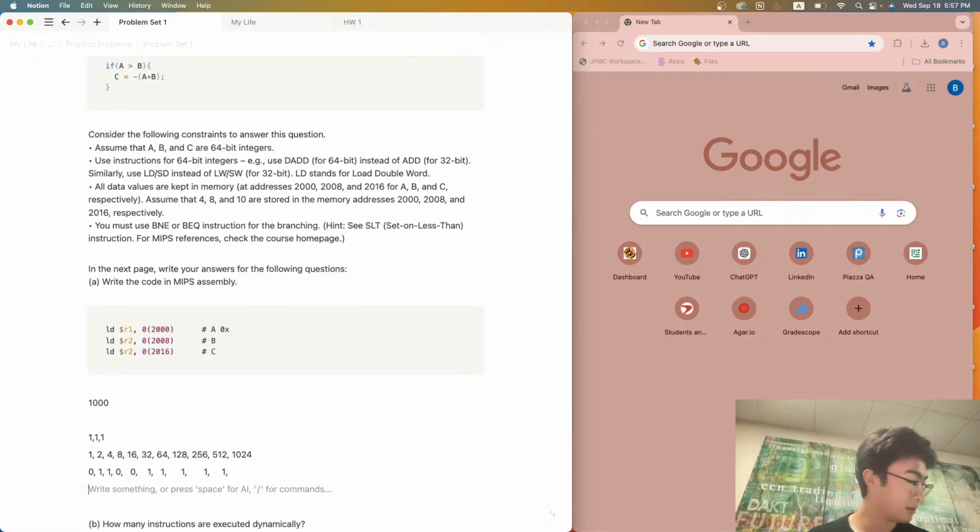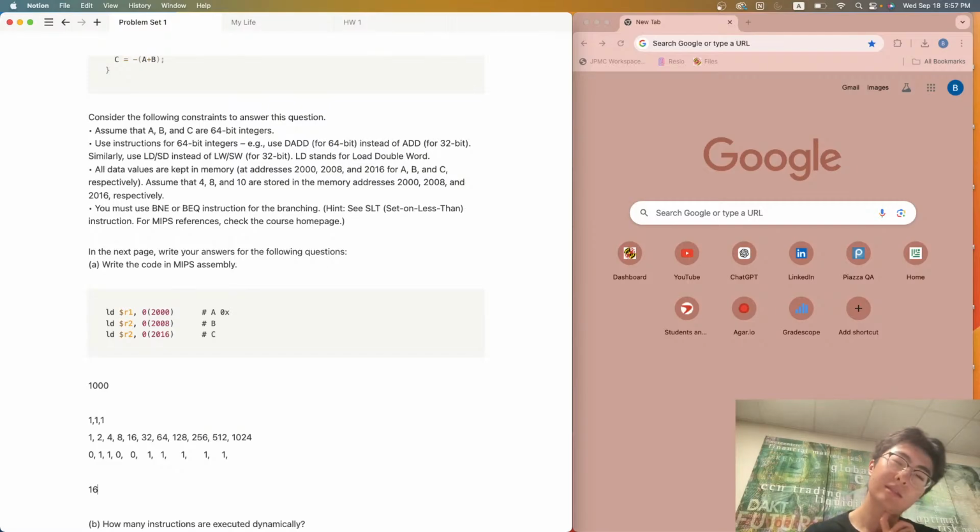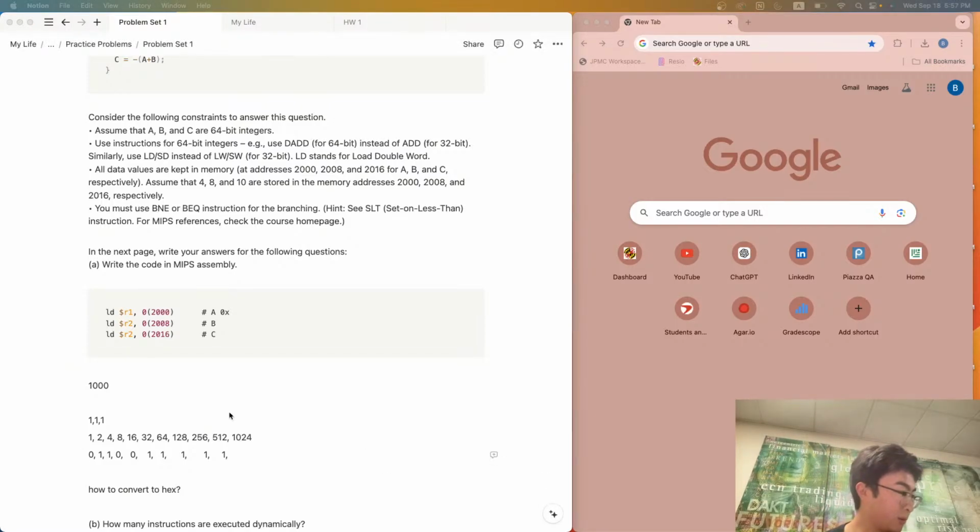16 squared, it's already a pretty high number. 16 cubed, yeah. To convert to hex. Okay, I'll save that for later. So we've